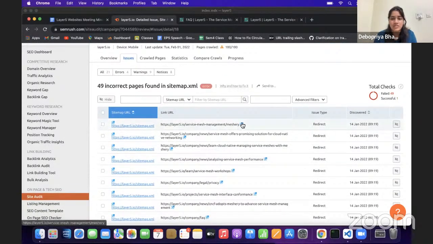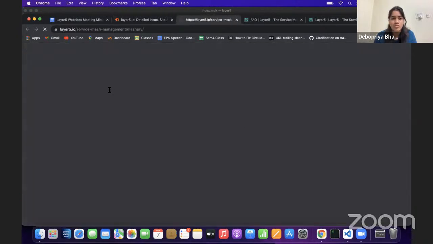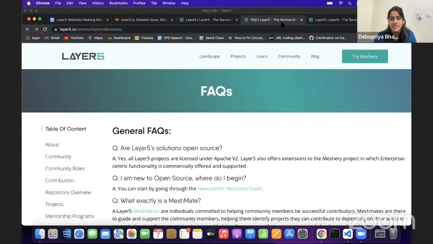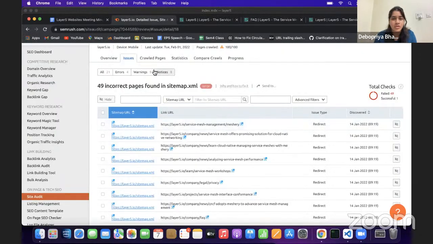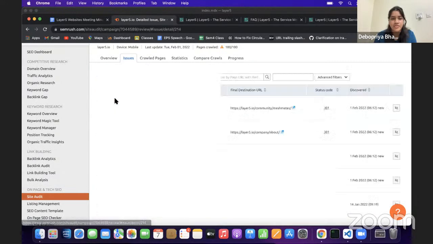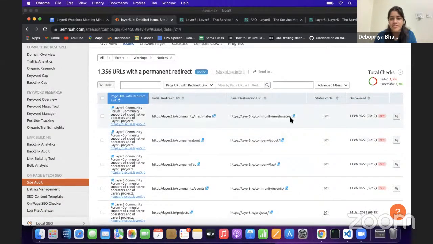These are all redirect issues, and on looking into it a little bit, I think the problem is with the trailing slashes. Even over here in the notices section, it shows permanent redirects, the one with trailing slashes, the one without. So I think that is the problem.